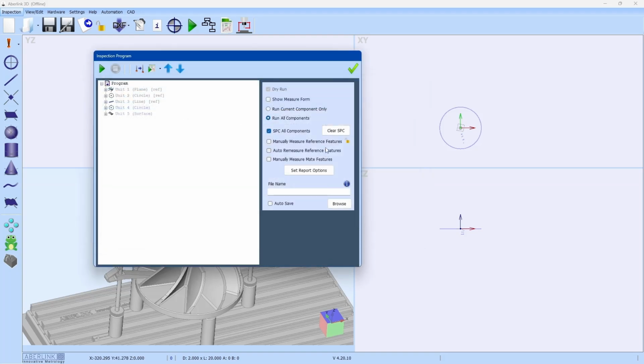The other thing we need to do is manually measure the references and then auto remeasure the reference features. So with these two ticked, when we press play, it will ask us to use the joystick to manually measure the reference features so that it can update